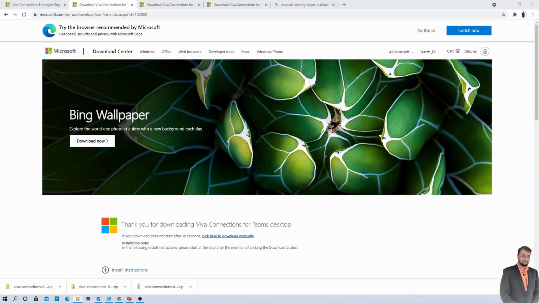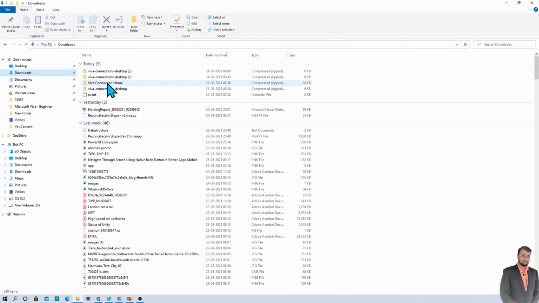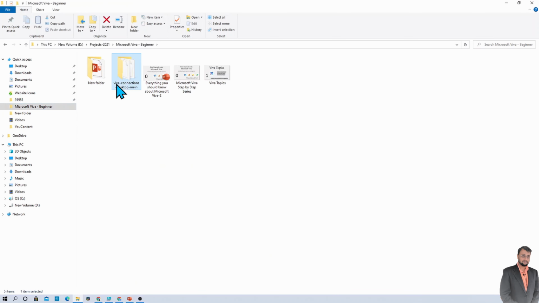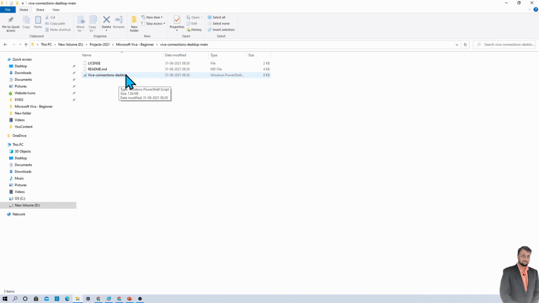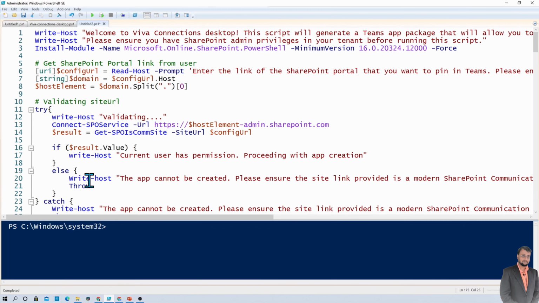Now let me open up and extract the zip package. Here you can see that different PowerShell scripts have been downloaded. Just unzip your package, and I already unzipped it here, and here we are able to see the PowerShell script. Now I have opened that PowerShell script in my Windows PowerShell ISE. I run my Windows PowerShell ISE with administrative privileges, and I just opened that script here. Now it's time to execute our script. So first of all, let me run this script.